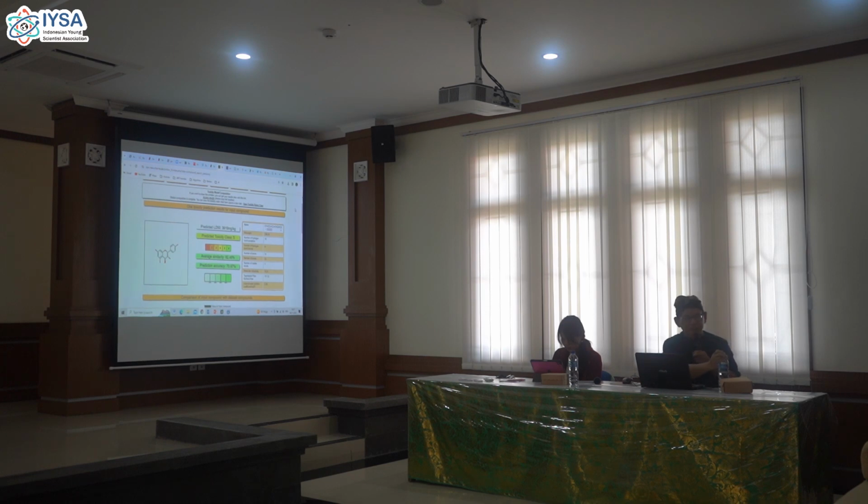This is what you put in your paper, because people will ask you how toxic your drugs are. So in the toxicity level, there is a predicted LD50. What is LD50?